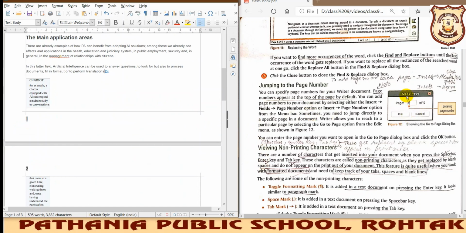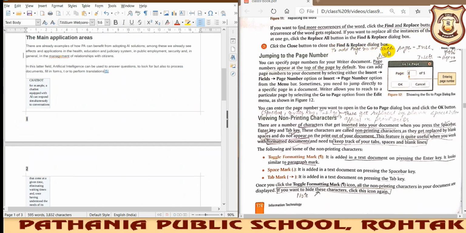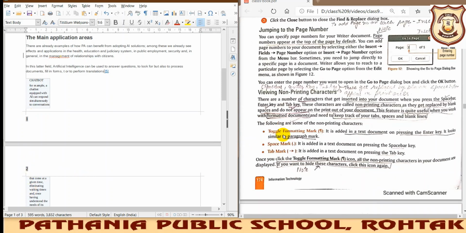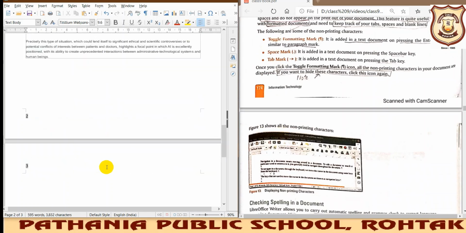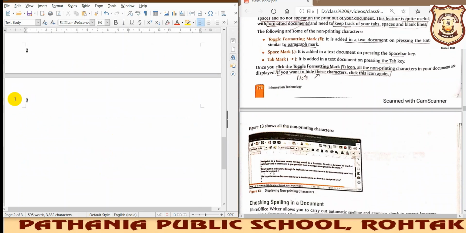So next topic is beta. I have written the steps that I have told you for inserting the page number. Insert, go to the header and footer option, then again go to insert and click on page number. This way you will be able to insert the page number on each page. If I add a new page to it, by default it will come up at this position.